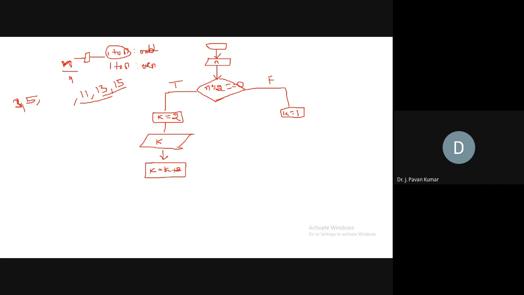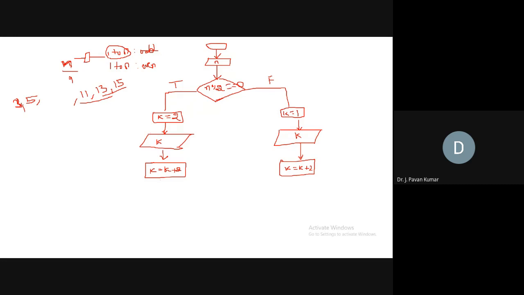After incrementing, again we will display, isn't it? So this we have to attach to this, yes or no? The k value after incrementing we have to display. Again we will increment, again we will display. So this has to be repeated, yes or no? Yes. Here also we display k. After printing, we increment the k value by 2. Next, after incrementing, again we have to display.